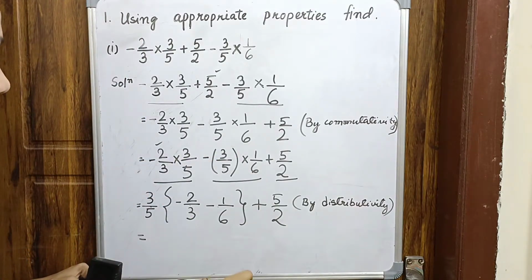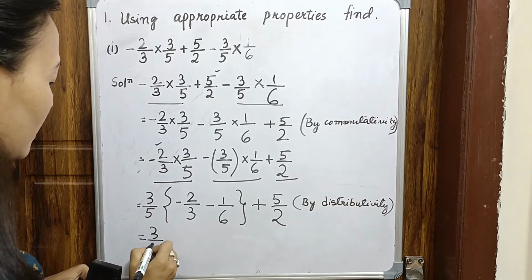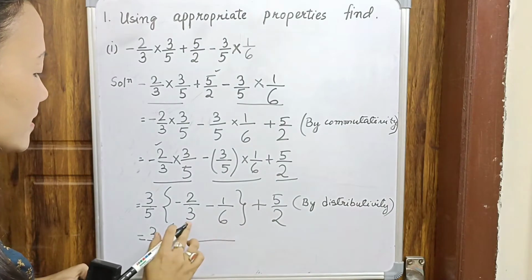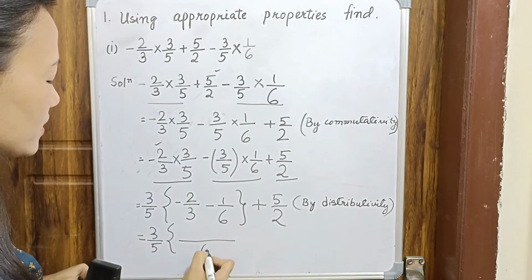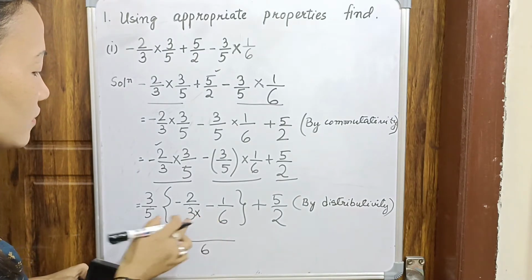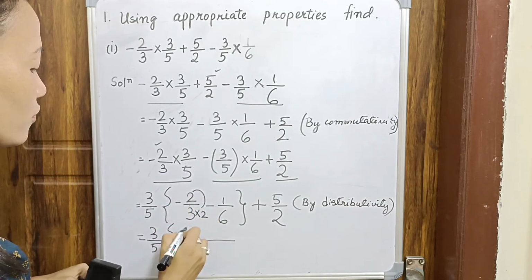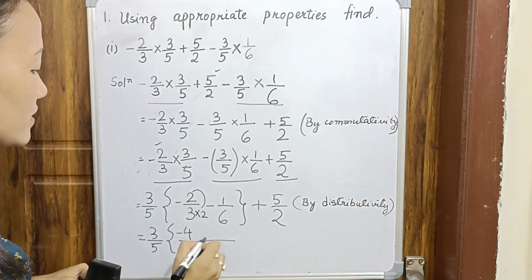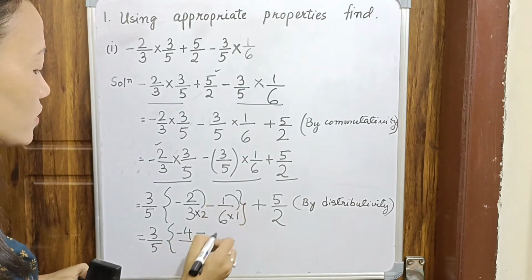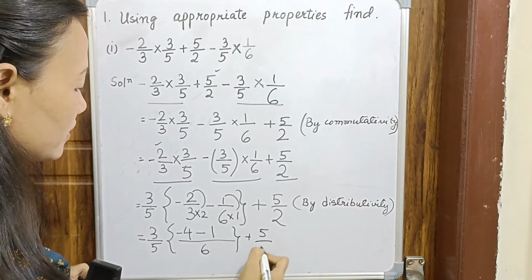So finally we'll solve this now. We have applied two properties, commutative and distributive. So here in these two numbers we'll take the LCM of 3 and 6. So it will be 6. First, 3 will divide this 6 by 3. So what we get is 3 twos are 6 and 2 into 2 is 4, minus 4. Keep this sign also. Into 6 ones are 6 and 1 into 1 is 1, plus 5 by 2.